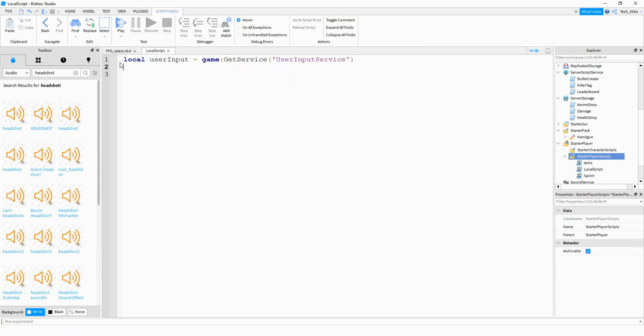After that, we're going to define the player. So we'll say local player, and this is going to be equal to game.Players.LocalPlayer. The next thing we're going to do is define a function that'll run whenever some type of input is